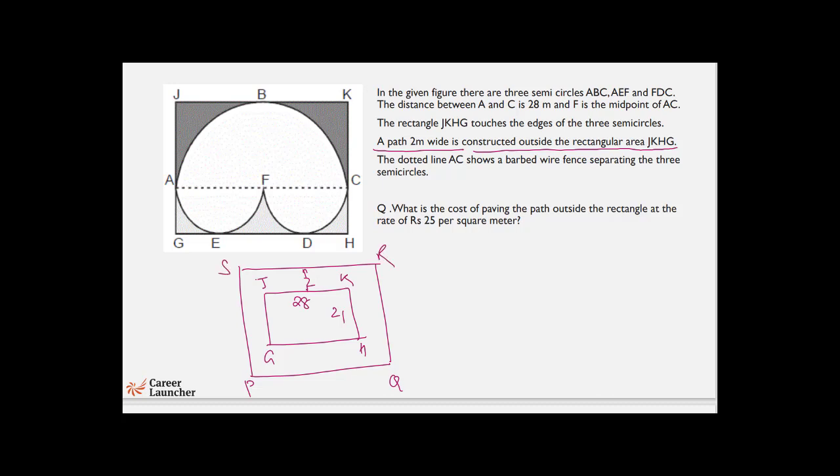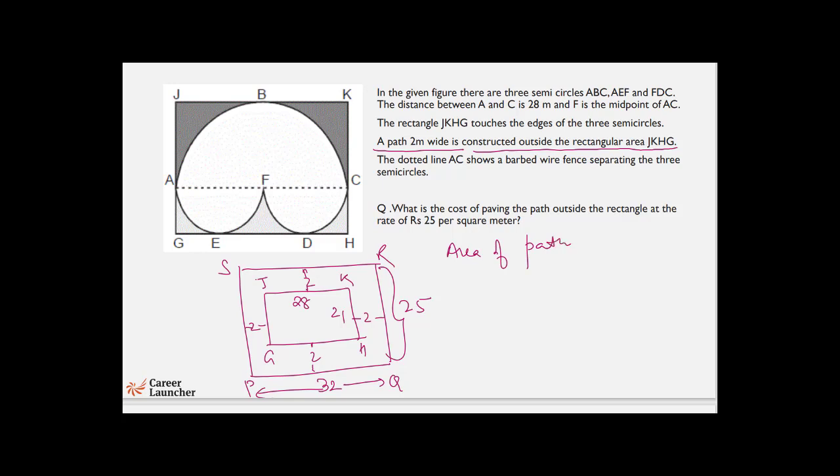The dimension of rectangle PQRS would be 32 in length, because 2 meter would be increased here and 2 meter would be increased here, and the breadth would be 25. Again 2 meter increased here and 2 meter increased here. So the area of pathway